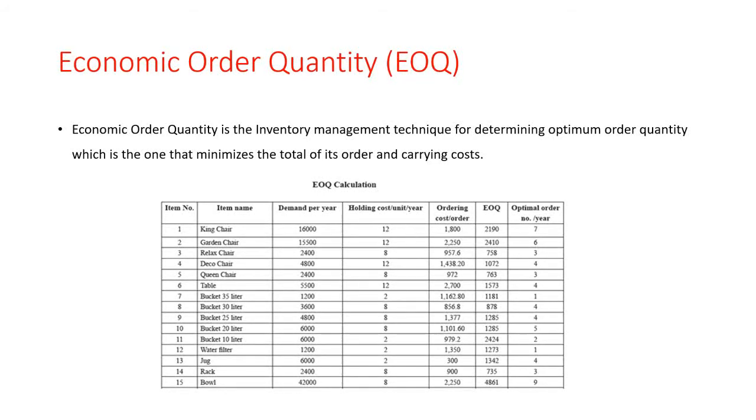The calculated economic order quantity is compared with the number of units of each component purchased in the organization. It is found that there is a variation between the economic order quantity and the number of units purchased. So it is understood that the company is not following economic order quantity for purchasing the materials, and therefore the inventory management is not satisfactory.